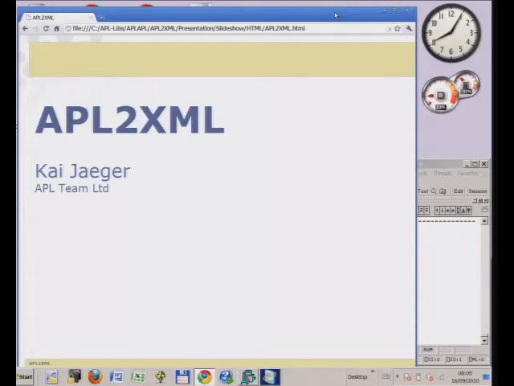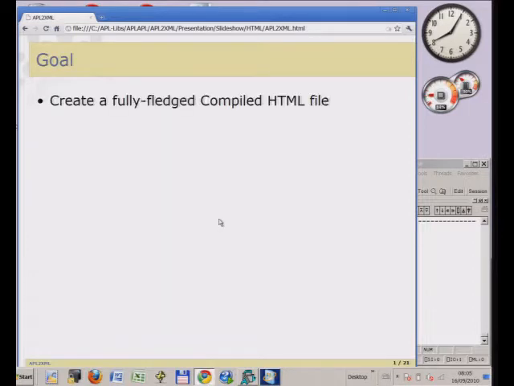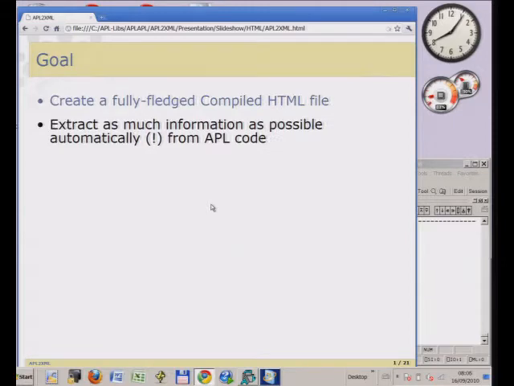This is about creating documentation. Documentation as a Windows help file, but also as a PDF, RTF, electronic book, whatever you like. But we are focusing on compiled HTML, CHM files. So the goal is to create a fully fledged compiled HTML file, but I would like to show that it